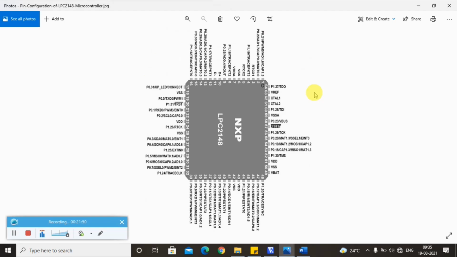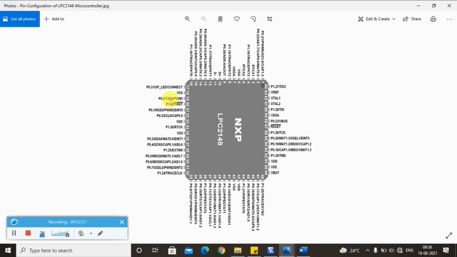Remember it. Now for example, in the 19th pin and the 21st pin, these are called GPIO, general purpose input output. P0.0 means port 0, 0th pin. This is the first functionality. The second functionality is TXD, transmit data. As I told you already, whenever you want to send bits serially one after the other, you need transmit data and receive data.